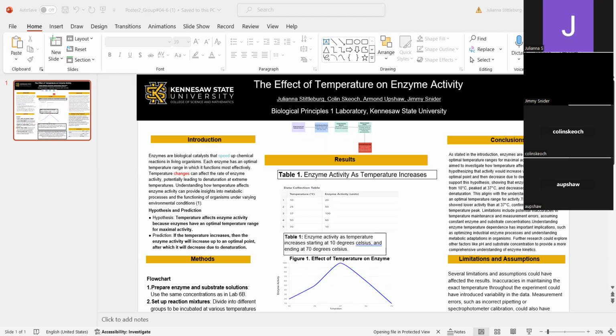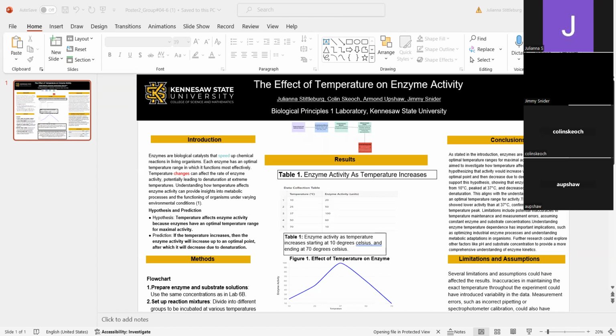Enzymes are biological catalysts that speed up chemical reactions in living organisms. Each enzyme has an optimal temperature range in which it functions most effectively. Temperature changes can affect the rate of enzyme activity, potentially leading to denaturation at extreme temperatures. Understanding how temperature affects enzyme activity can provide insight into metabolic processes and the functioning of organisms under varying environmental